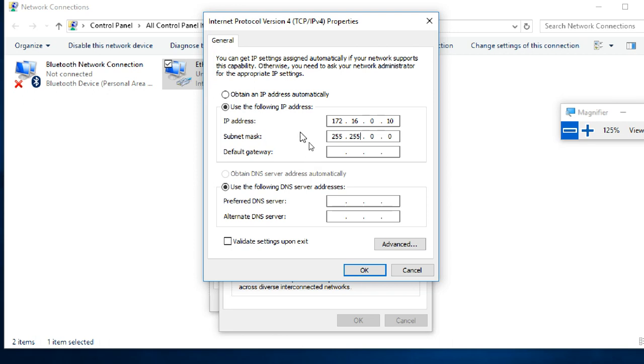Understand how you can give an IP address manually. If you have a different subnet mask, then you have to change it. If you want to use the default subnet mask, use it. Why am I getting 255.255.0.0? Because it's a class B.